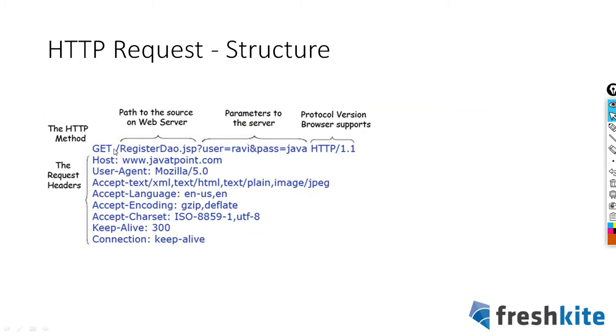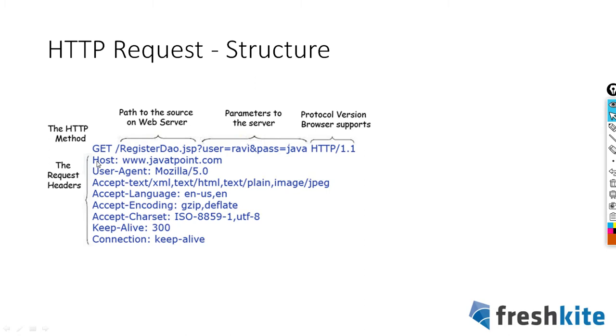You have an HTTP method, and you are sending this request to your web server. You have to run some part of the code in the web server. So what part of the code you have to run? That path will be here. This is basically the URL. That path will be here, and then some parameters. Any parameter you can pass, and then what is the version of HTTP you are using. So the method and some parameters you will be sending. This is how an HTTP request will look like.